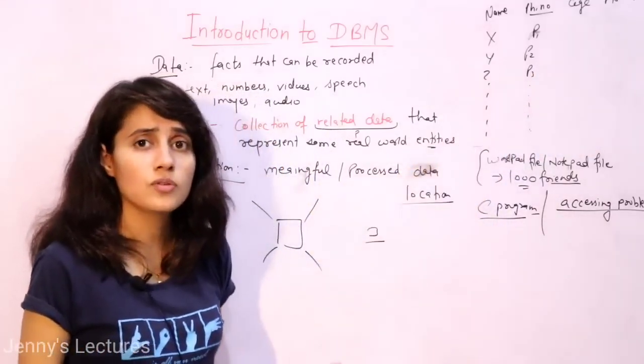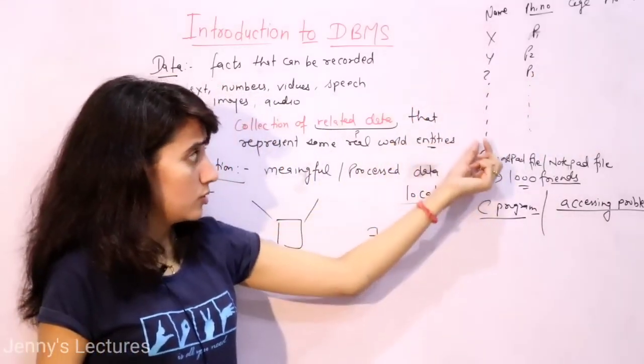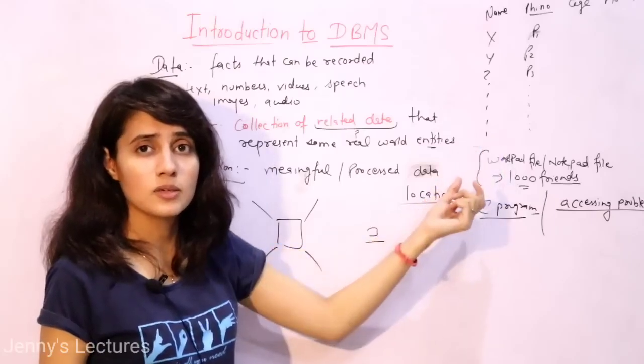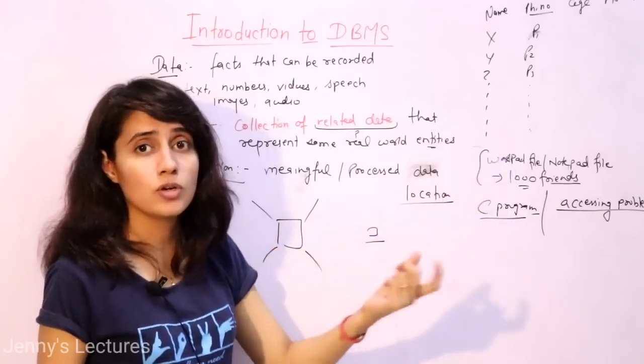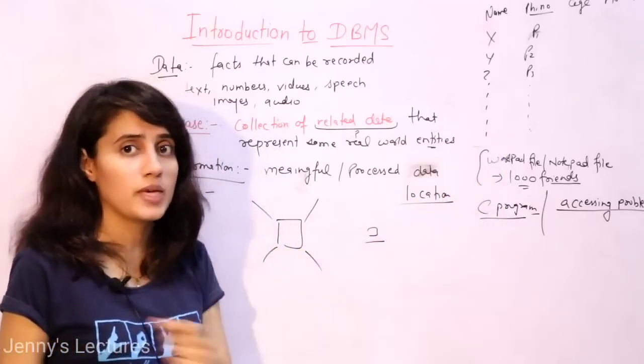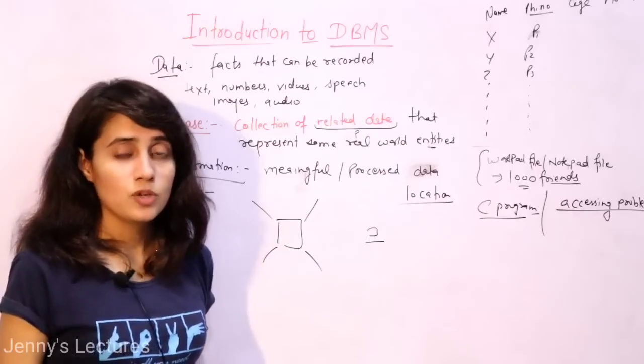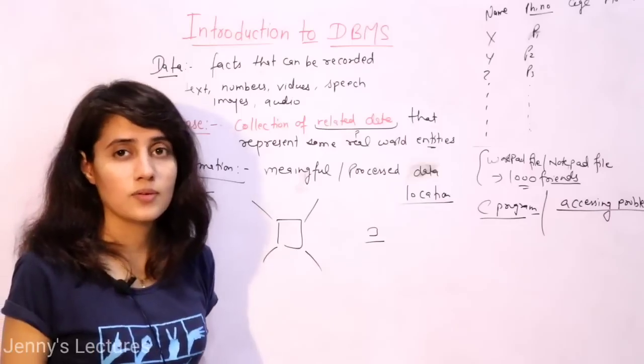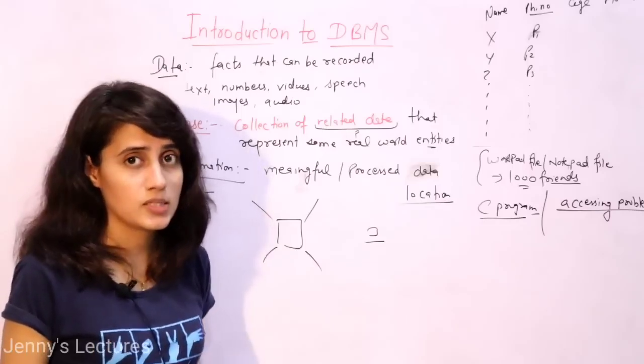Now what's the point of storing 3 files having the same data? This means redundancy, redundant data you are storing. This is just a wastage of space. You are not optimizing the memory, you are not optimizing the storage here. So that is a very big problem in the file system.